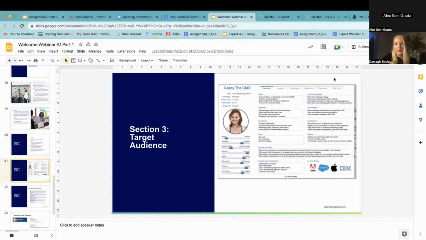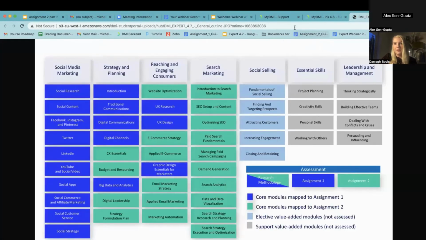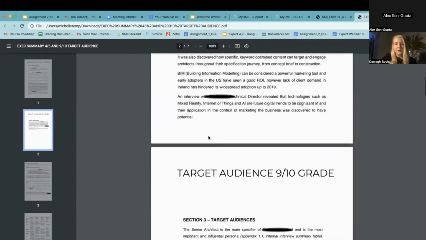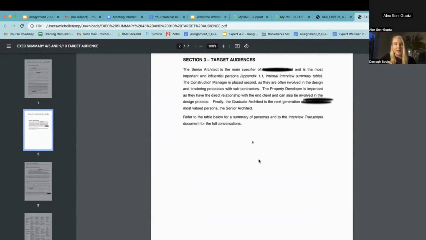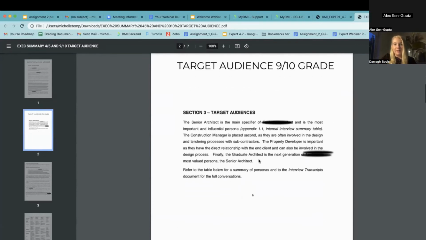Just move this out of the way. So there is a template here of somebody who did it well. Let me just get it for you. So we've extracted out the data of this, and obviously we can email you these at any point. But for now, here is an example.